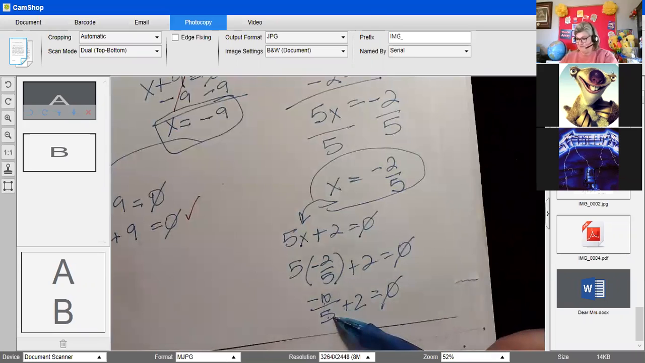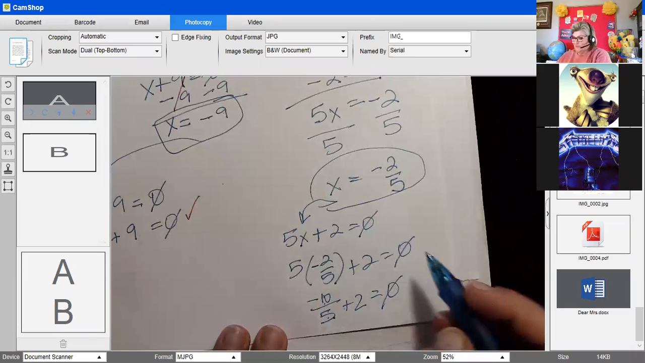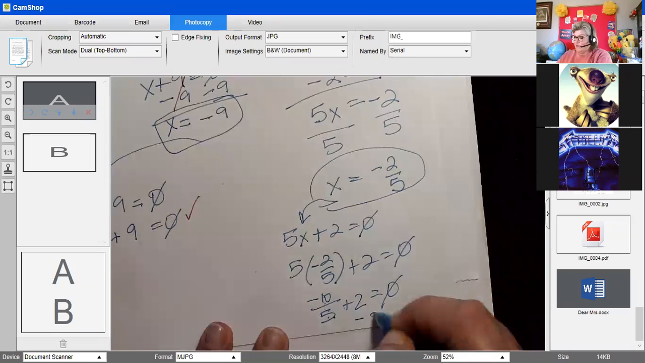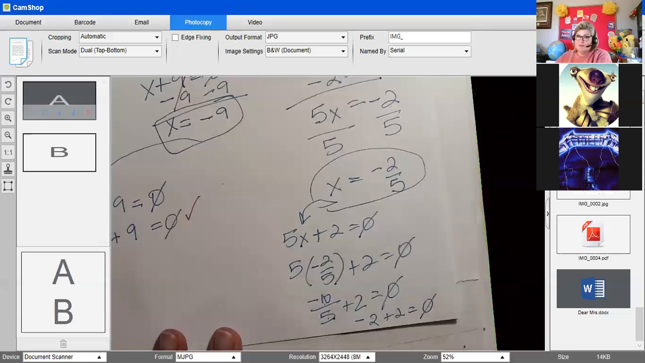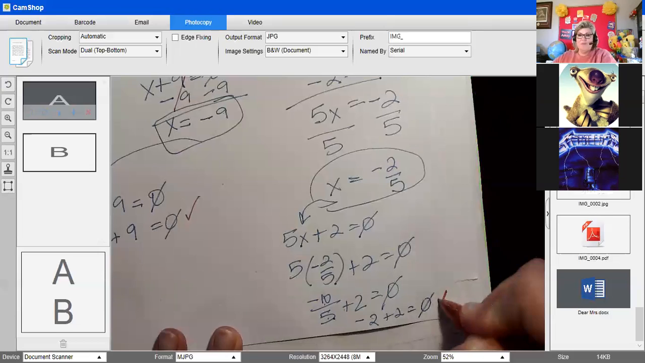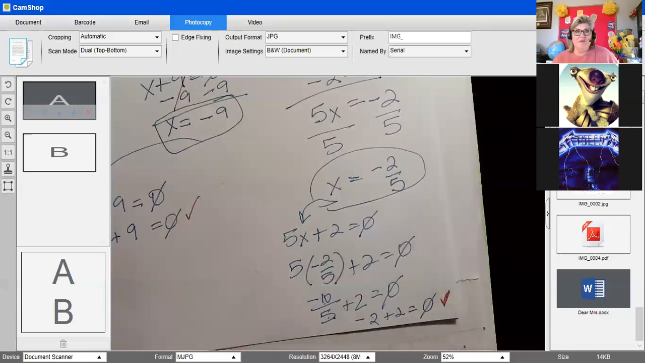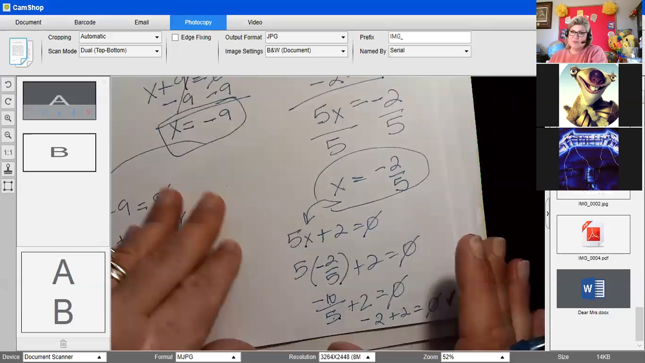Negative 2. So negative 2 plus 2, does that equal 0? Yes, it does. Okay, so we're good to go there. Both of them check out, and that's just checking our work. So now,